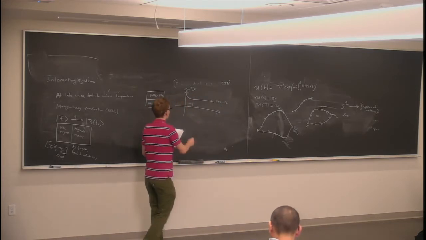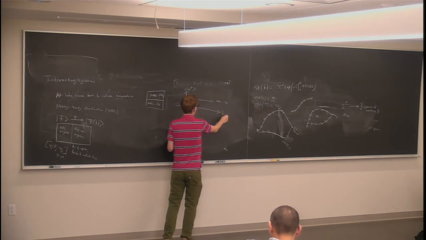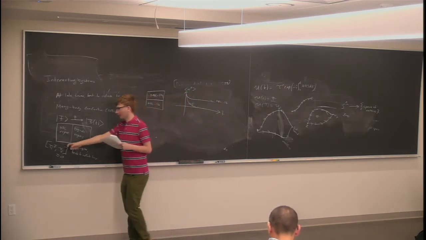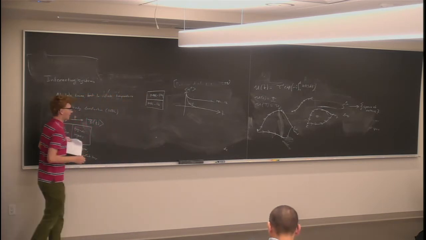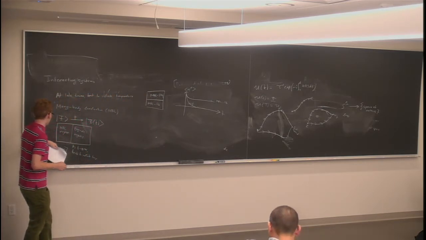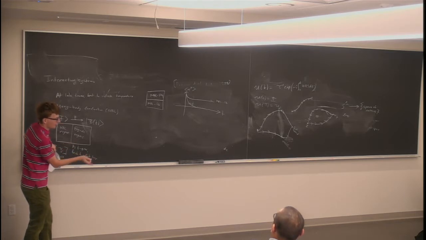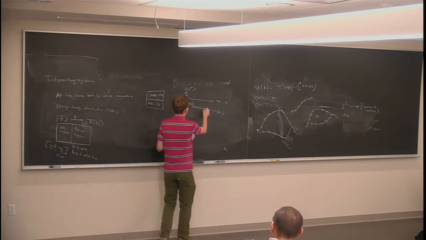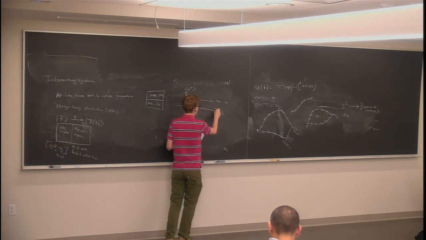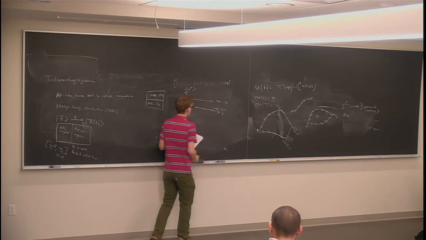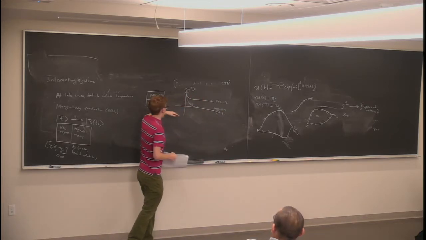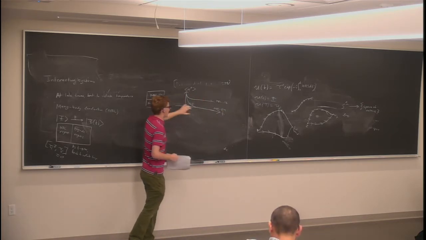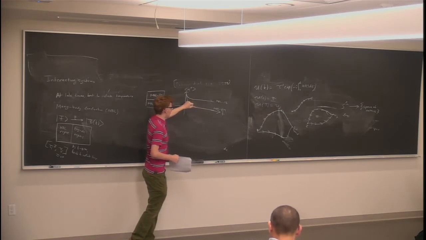Whereas in the MBL paramagnet, this is a function of time. In the MBL paramagnet, even though you have these local conserved quantities in an MBL system, these local conserved quantities are actually orthogonal to the magnetization. So the magnetization actually goes to 0 at late times. And so these are distinct regimes of this MBL system, separated by a phase transition.